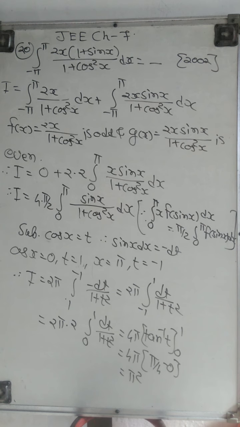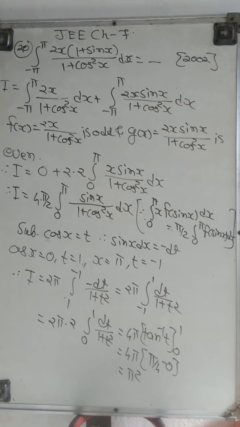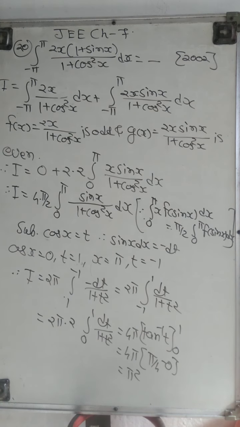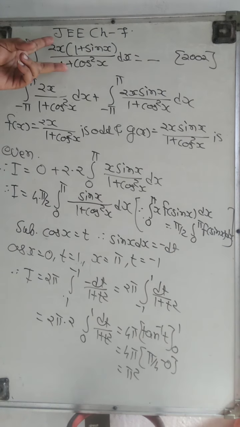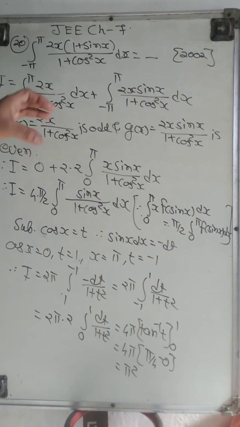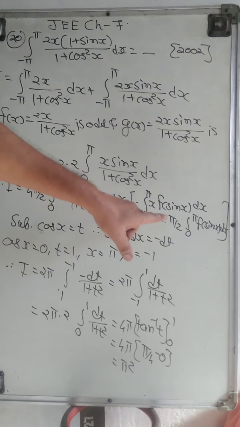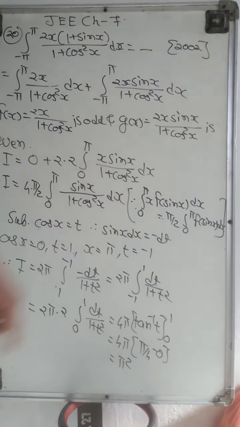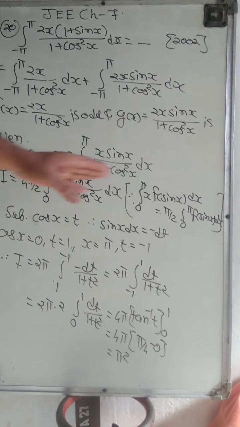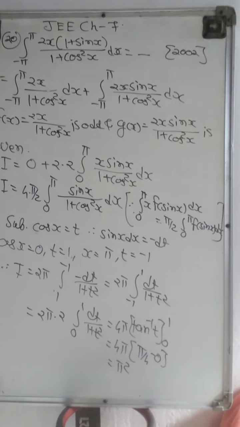So our last answer is pi square. This way we can find this answer, and this is quite a different type of sum. Here you remember very well that first you separate the integration and then you find one function is odd, the second is even, and in the even function there is also a rule which is useful. From this rule and simplification, we get our answer pi square. Okay, so this way we find our answer. Now we go for the next one.